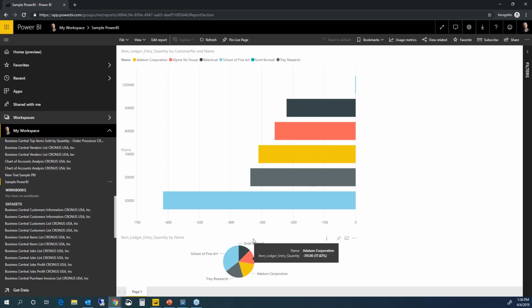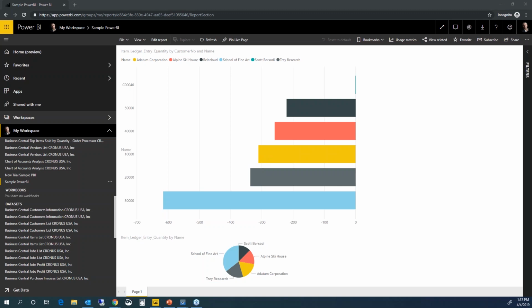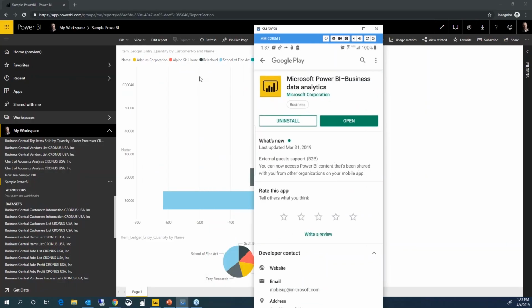But if you create some really robust applications and you want to show it for mobile users, you want to segment your users, you can actually change the way that looks. I will just show you. Let me drag this and make sure it still shows up. This is my